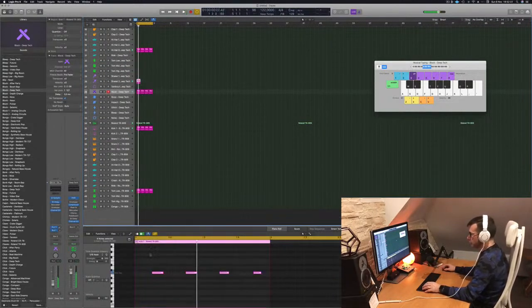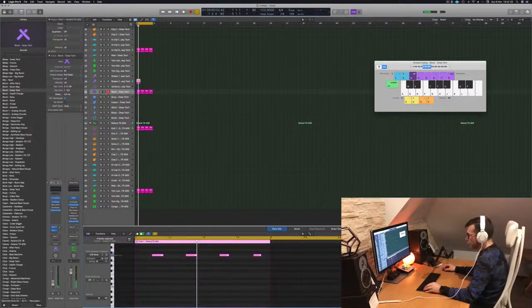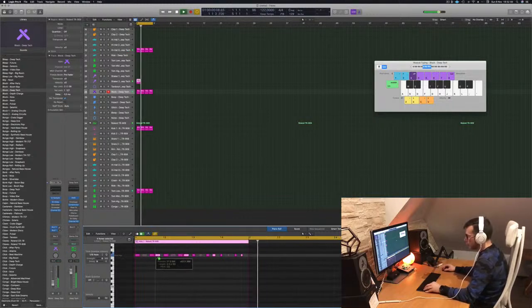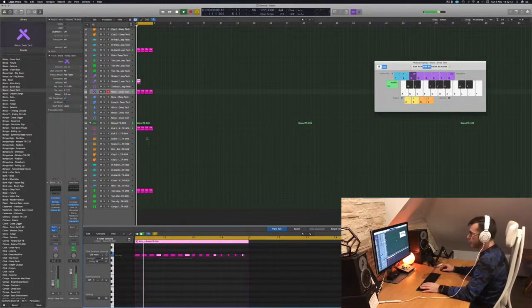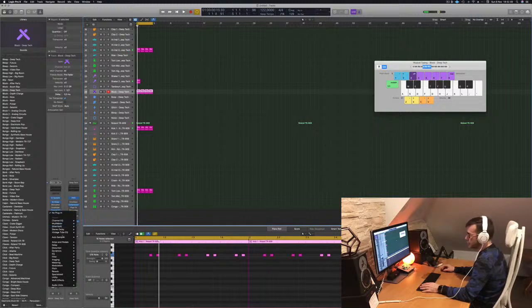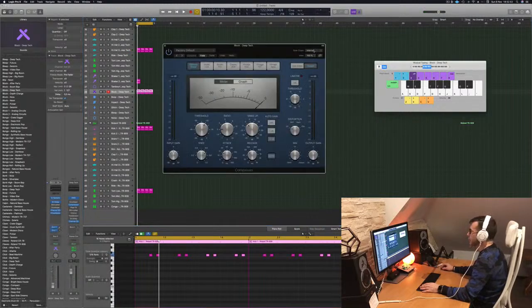Some shaker would be nice too. Super quick in the back, really not even quicker than this. I want it to be full, all in, guys. This is how I usually do it. But however, I do this and then right away take a comp, stereo it, take my kick, which is the 909 for now, instrument